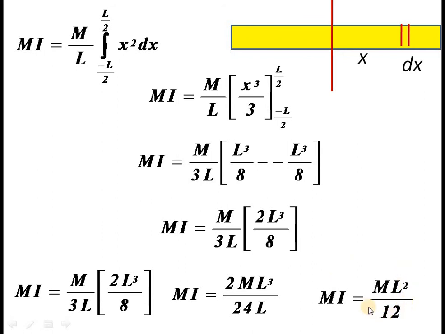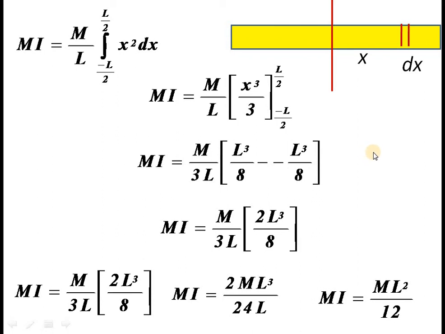Compared to other objects, its moment of inertia is smaller, because here in the denominator there is a 12. In the previous cases we had such a large value in the numerator. So here the moment of inertia is comparatively lower with respect to other objects, provided that the dimensions are identical, that means mass, length, etc. are identical.